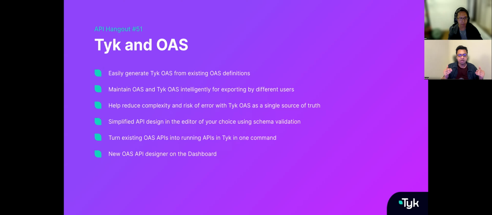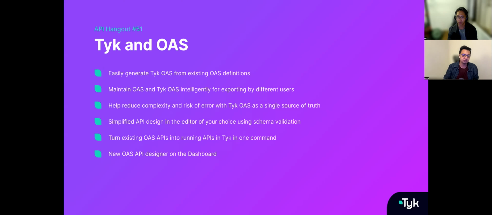We're going to be retaining the overall structure, the definition of OAS that we have already created, and adding a new section at the bottom of it, as you will see in the next slide, which is the Tyk specific part. So what this means is that the overall integrity of your OAS document does not change, which also means that when you're exporting your OAS document out of Tyk, it is very easy for you to retain exactly what you have done in the OAS section and do away with the Tyk specific things that you would have done previously.